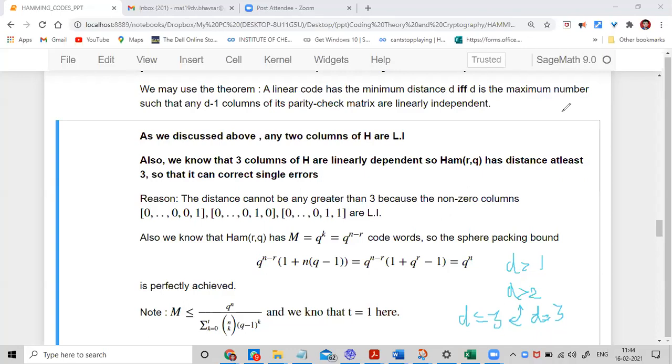Take that as an exercise and check again. That is very, very important. From the parity check matrix, whether columns are dependent or independent, I can find the distance of the code. Everyone has to absorb this in their blood. That is very much required. Okay. Good. Any questions till now?